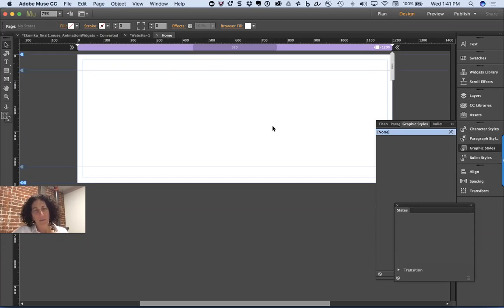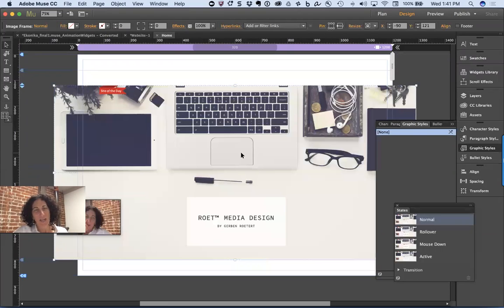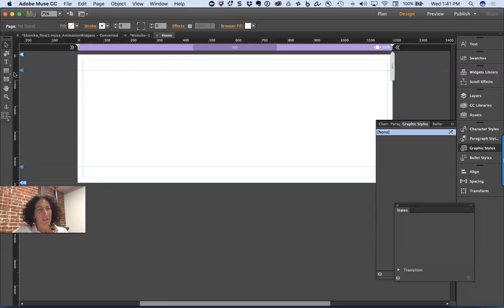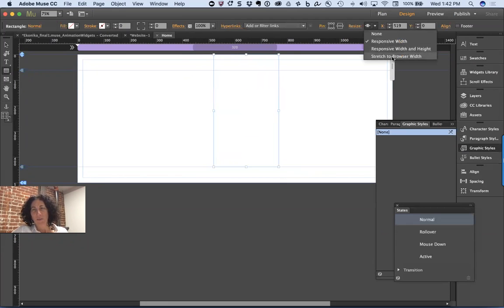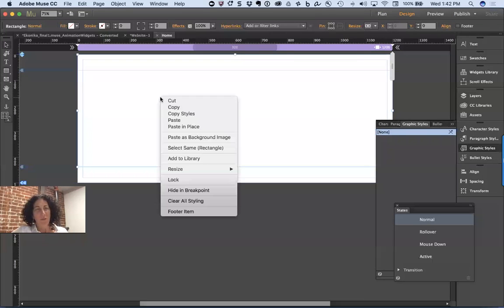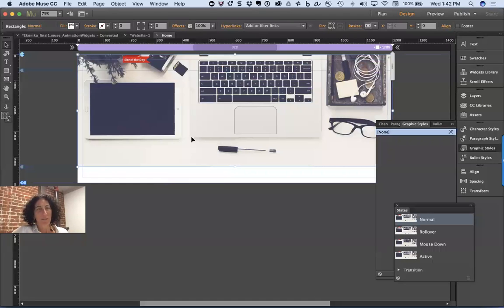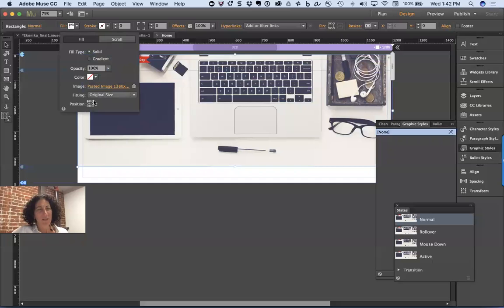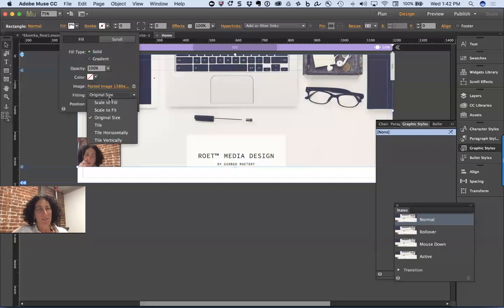If I paste that terrible screenshot I just grabbed, and then I'm going to cut it to the canvas, I'm going to come on in and create a container here in the top area. And I'll go ahead and set it to be stretch to browser width. I'm going to change to the pointer tool, right click, and I'm going to paste that as a background image. All right. I'm going to also come in and just tell it to pretty much center and scale to fill